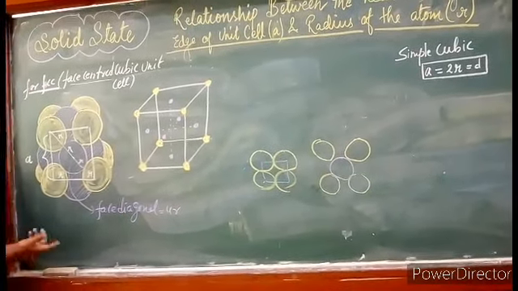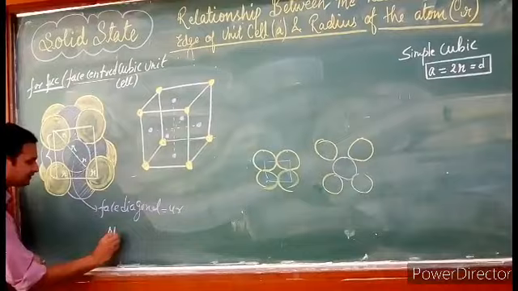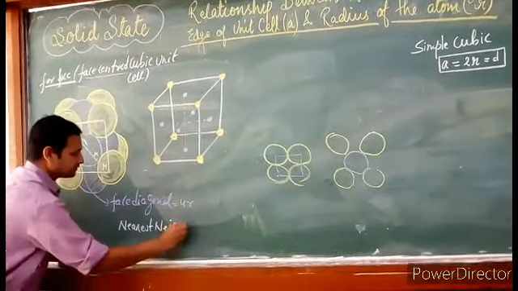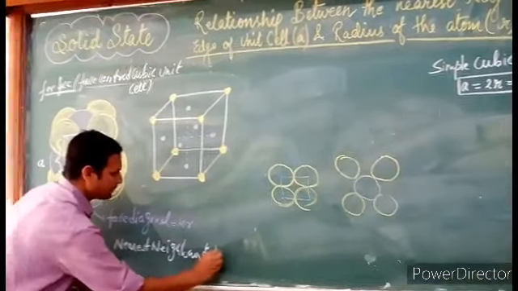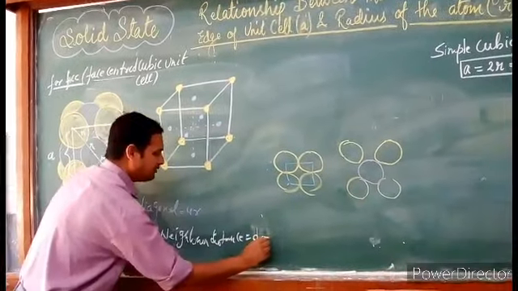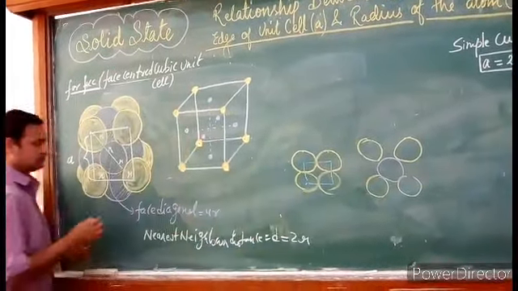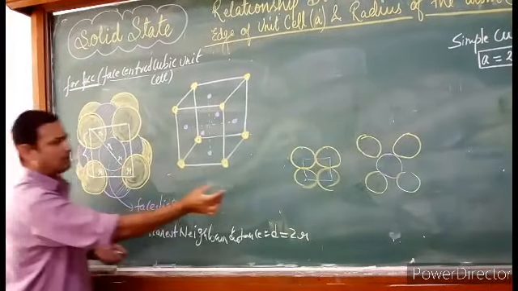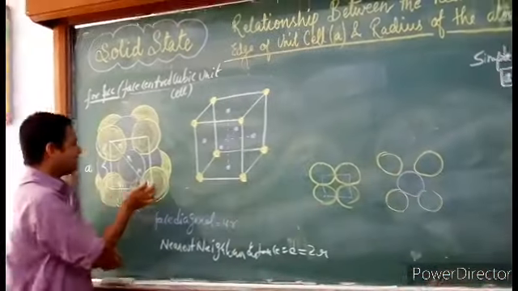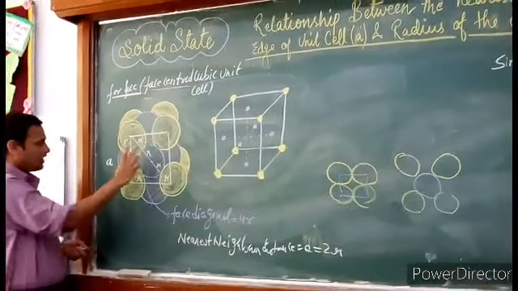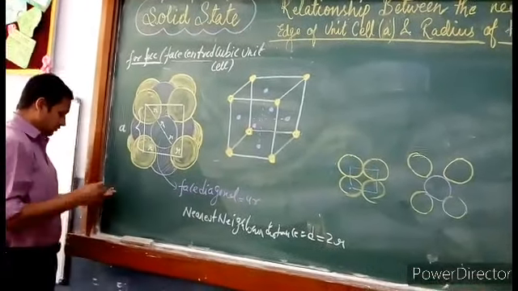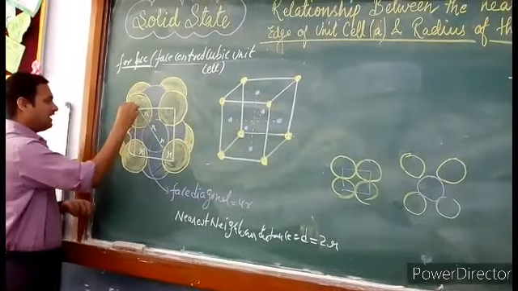So one thing is clear, the nearest neighbor distance, again becomes D, and D will be 2 times R. दो एटम जो क्लोजली जुड़े हुए हैं, तो जुड़े तो केवल यही है, ये वाला और ये वाला। तो इनके बीच की डिस्टेंस कितनी है? इनके बीच की डिस्टेंस है 2R. I think understood?